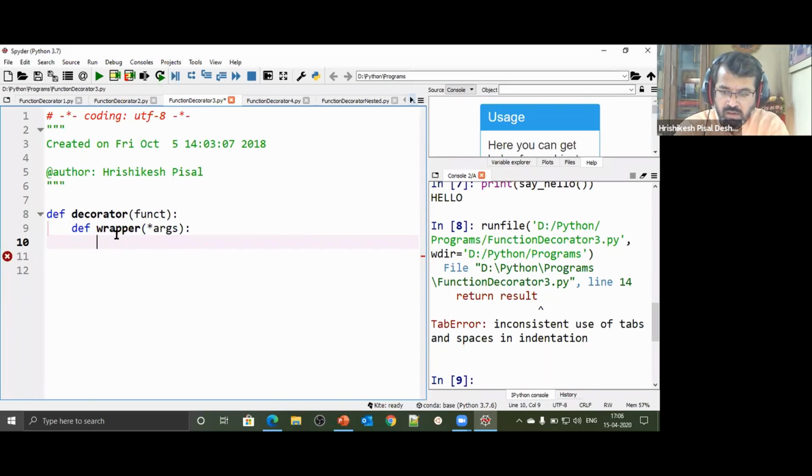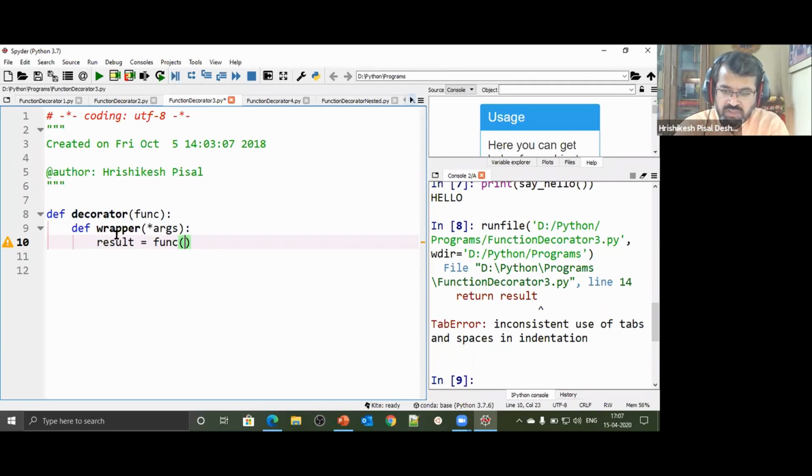And whatever parameters it has taken, I'm going to say result is equal to func, whatever function that we have passed.